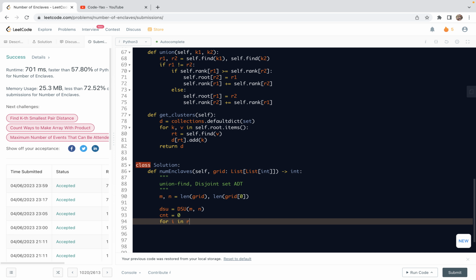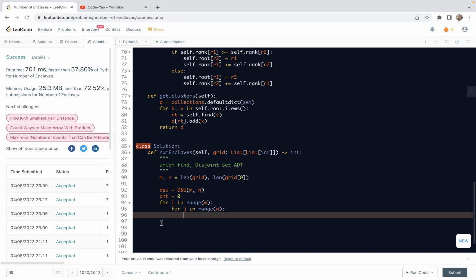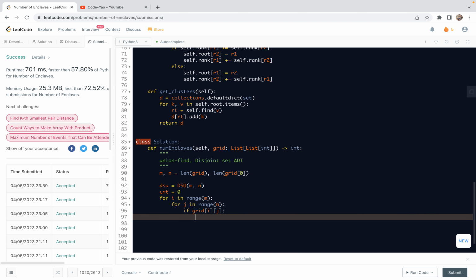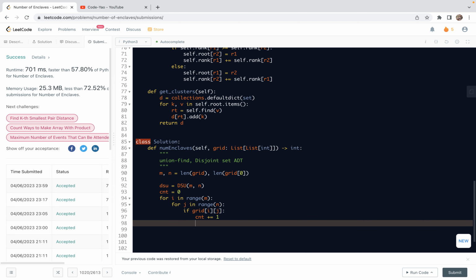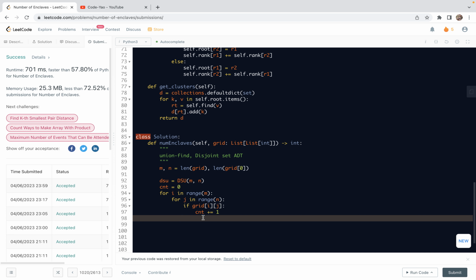So I'm going to copy this one. We get the m and n. And then what I'm going to do is we instantiate a DSU instance. So we pass m and n, right? And then also we want to have a count, or the total count, which is the total number of ones, right? And then what we are going to do is to traverse, right,